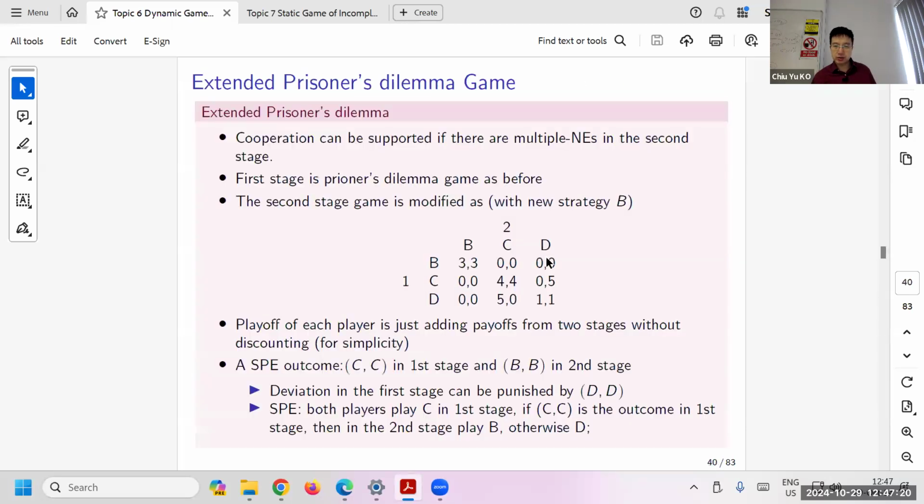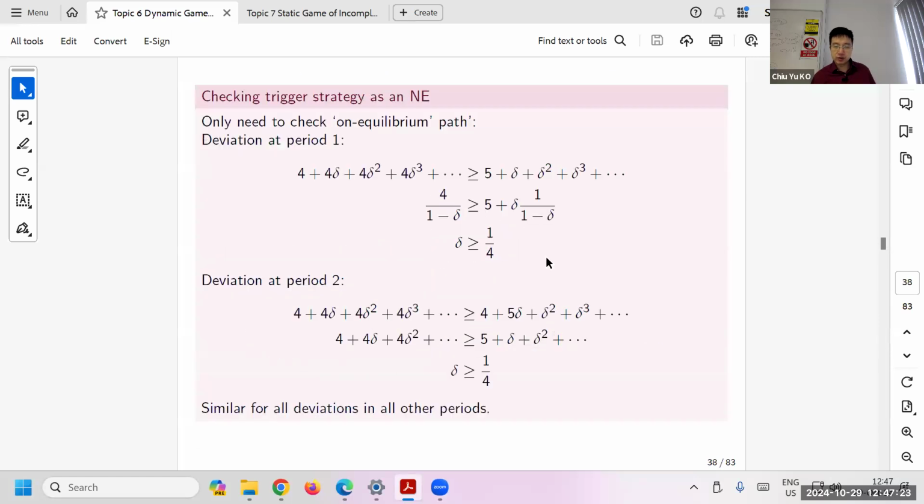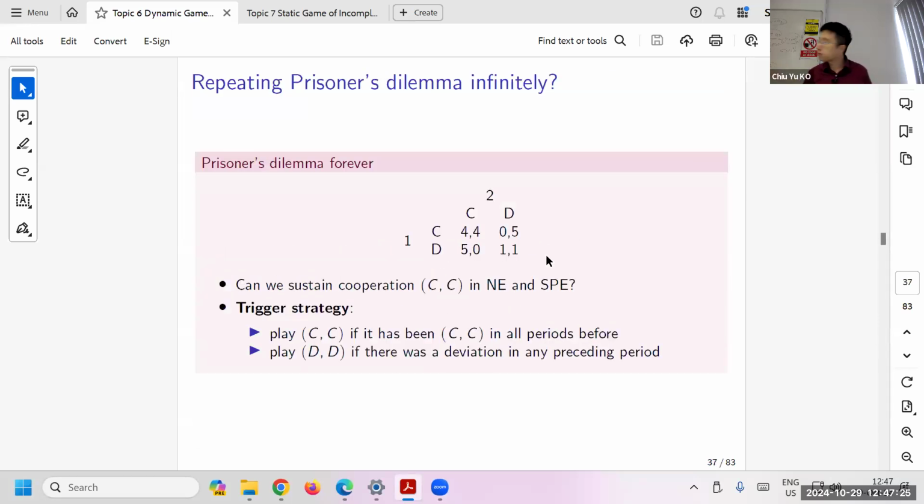I think we have that already to check, right? Why do we have to look at this prisoner's dilemma, right? The strategy is if you have been CC, then you do CC, if not, you do DD, right? So Nash equilibrium is simply checking, holding other guys constant, the strategy, right? If the other guy has been CC all the time, right? So would you have incentive to deviate, right? And the answer is no, right? Because you're patient enough, then you deviate just a gain of 5 and 1 forever, right?